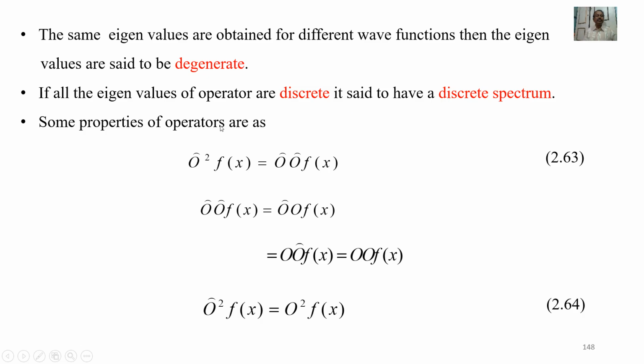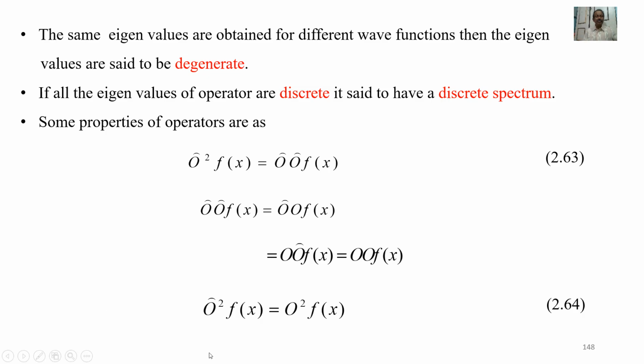Some properties of operators are as follows. Consider the squaring of the O operator. The square of the O operator operates on f of x. We should write it like this: first, the O operator, and separately again one O operator, operates on f of x. First the second operator operates on the function f of x, and will give us an eigenvalue, which is nothing